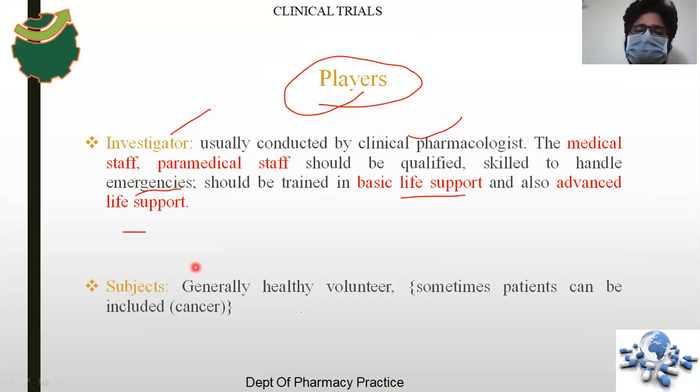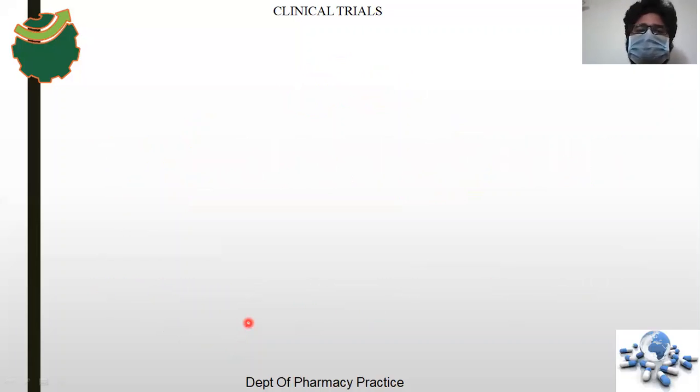At this phase, the subjects are nothing but healthy volunteers. Sometimes you can include patients in cancer trials. Since we know we have severe side effects for this class of drugs, including healthy volunteers is not a good thing. So the clinical trial guidelines recommend that you cannot include healthy volunteers in the first phase of clinical trials for anti-cancer drugs. Next,